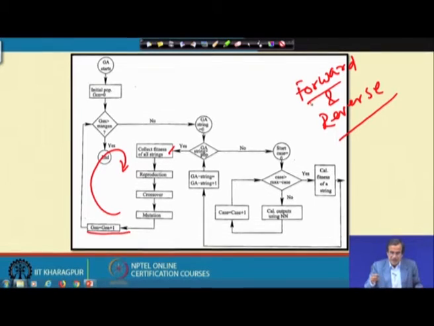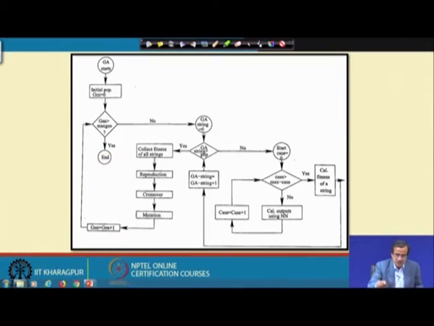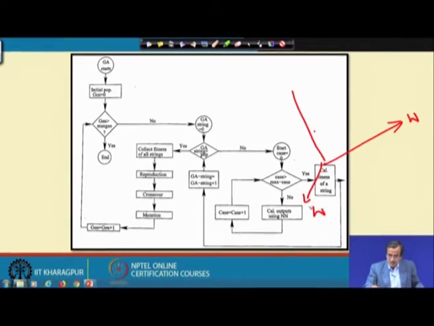Now, if you see the error function which I have already drawn here, for example, say this is W and this is V, and this is the error. There is no guarantee that every time you will get a very well defined, unimodal error surface.